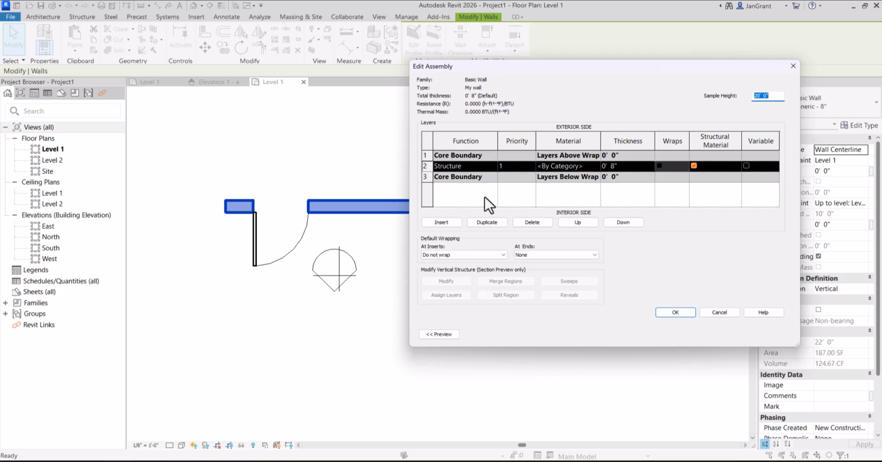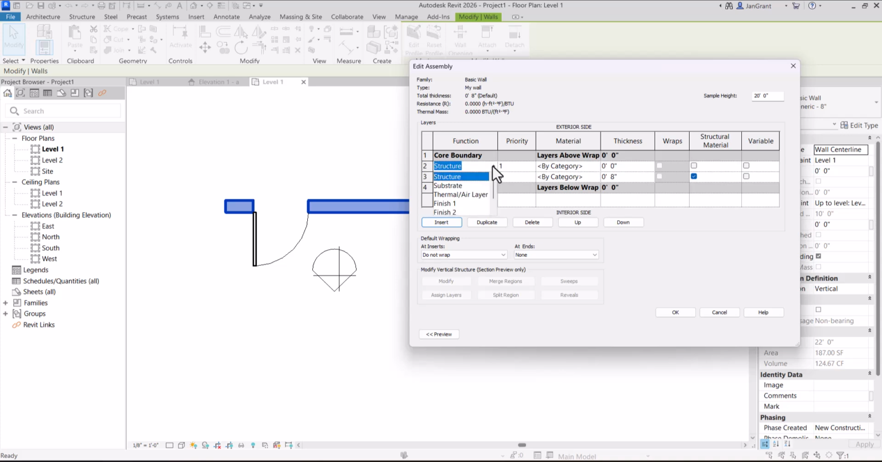So what we want to do is add or insert another material. I'm going to click on insert, and you see how it inserts another structure. The first thing we want to do is change it. The one that has 0 thickness is the new one. So we're going to change the function from structure to finish one, and then we're going to highlight it right here and pick